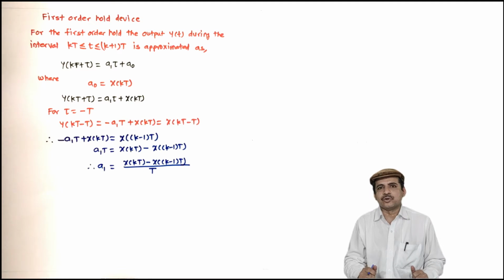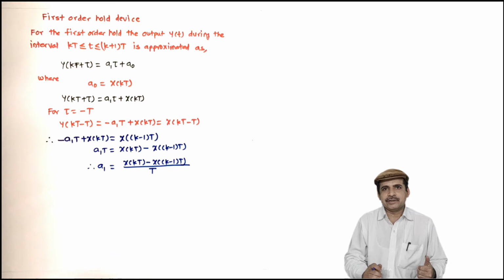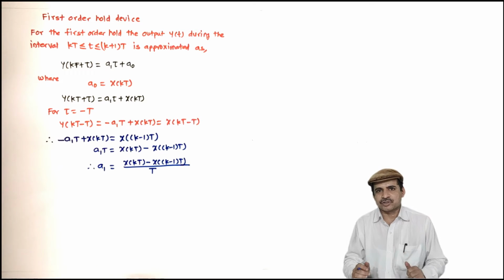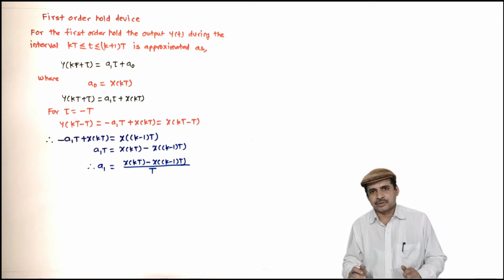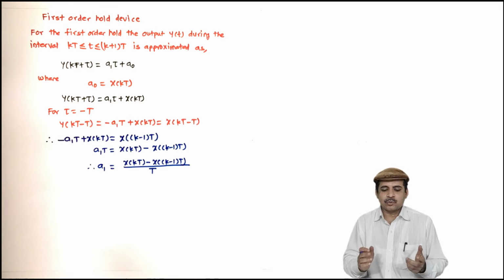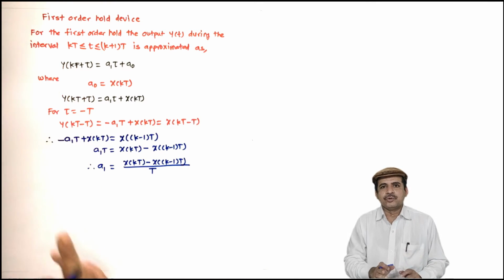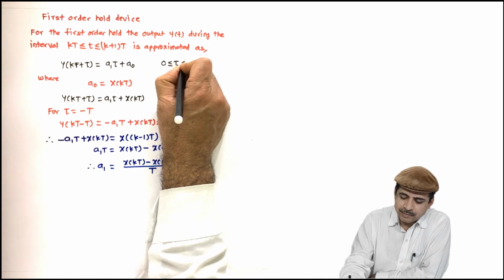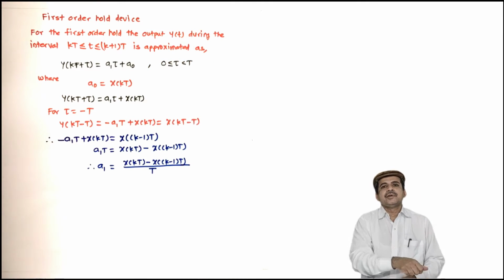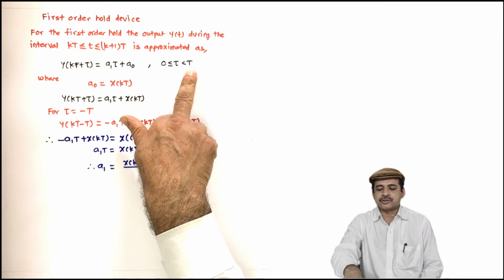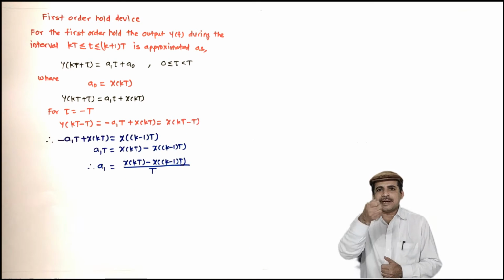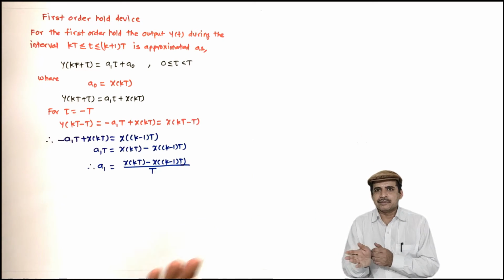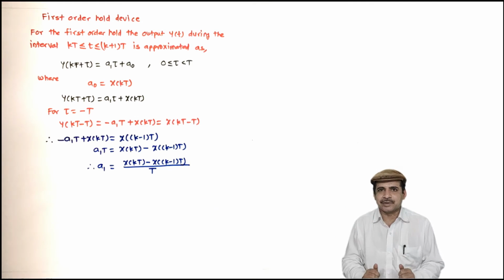So I have the backward slope, and now with having the extrapolation, I will extend the same slope till the next sample with that approximation, a piecewise linear approximation, and I will get the y of kT plus tau for any tau between 0 and T. And this will move towards T. When it reaches T, I have the next sample. So I will go back to the next sample. Again, I will get the previous slope. I will move forward, get the approximation till the next sample this way.